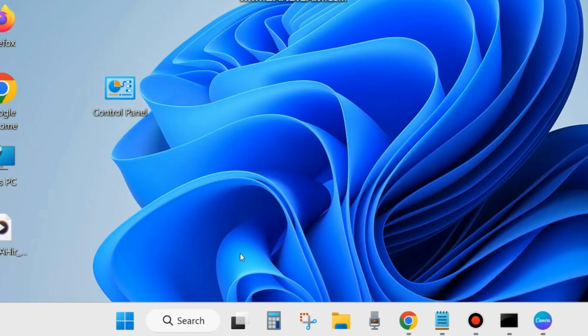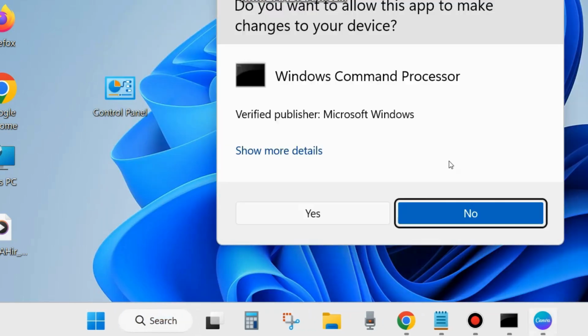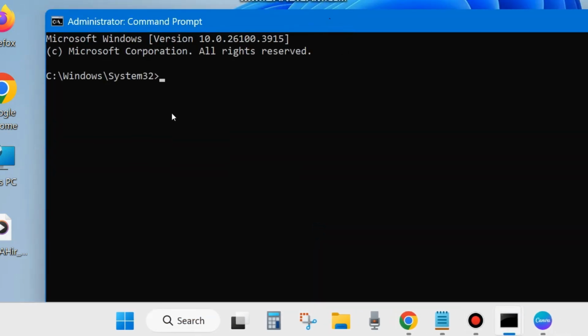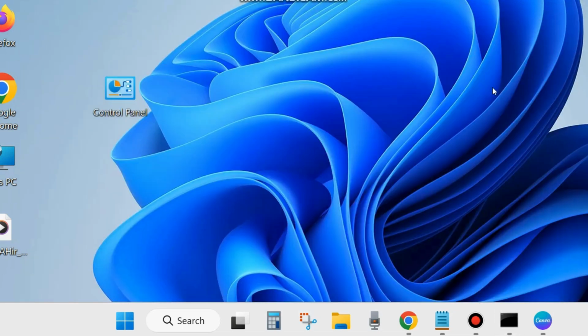One more workaround you can apply: go to Windows search and type CMD and open command prompt Windows, run as administrator mode. A pop-up window will appear, choose yes, and in command prompt Windows, execute the command sfc /scannow and press enter. It will scan your system for any corrupted or bad system files and repair them accordingly. Wait till 100% verification complete. It will take some time, so wait till 100% verification complete. After that, restart your